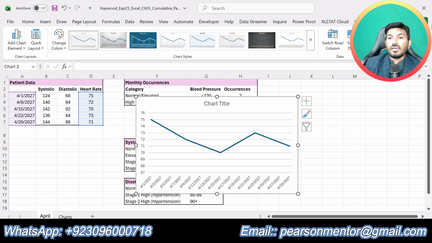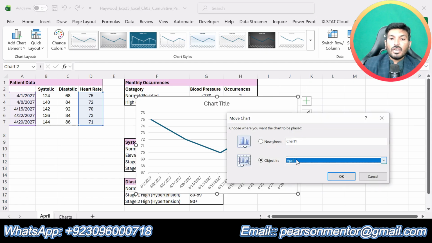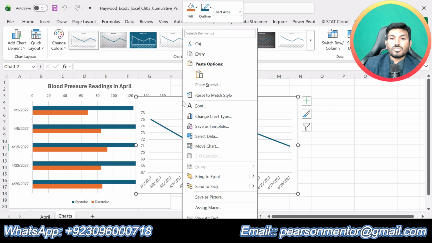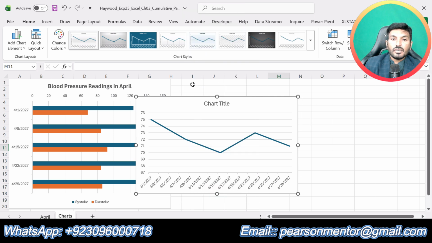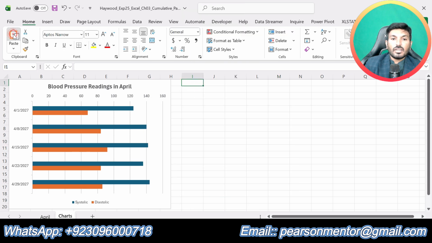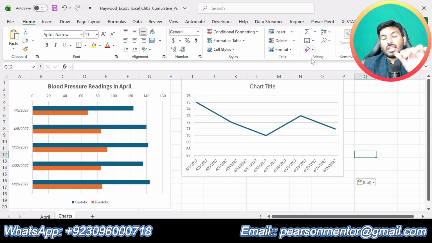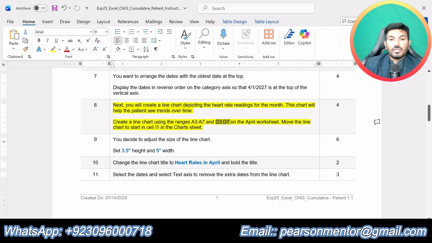So click here and click move the chart, and from here select chart sheet chart, and we will move the chart. But we are supposed to move this chart to I1, so cut this and paste it in cell I1. So we have moved the line chart to cell I1 of the chart sheet, and that is all required in step number 8.